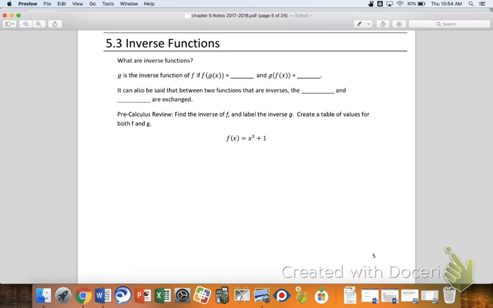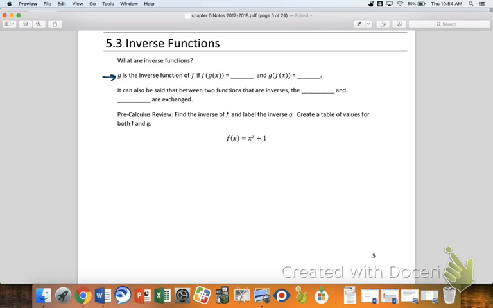Okay, so let's look at some properties of inverses. These are things that you may or may not remember, and if you don't, that's fine. I'll remind you of these, but hopefully they will make sense with what an inverse is. Looking at this first statement, G is the inverse function of F. So G and F are inverses of each other if the composition F of G of X equals, this might be something you remember from pre-calc or not,